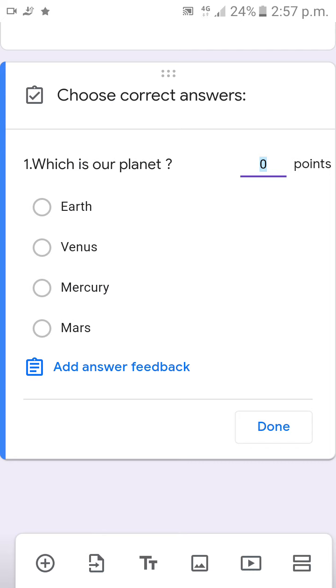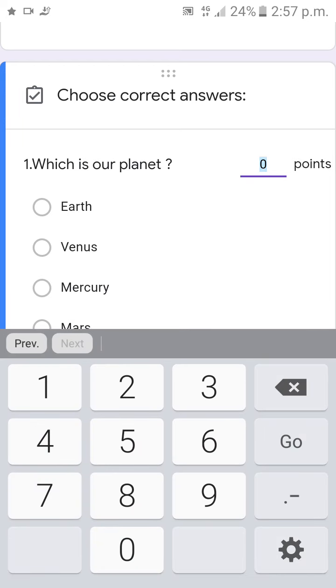So here in the right corner it will ask how many points this question carries. Here you can type whatever it is. This is a 1 mark question, so I am giving 1. If it is short answer type, you can give it as 3, whatever you want. So for this question I am giving 1 mark, 1 point, and you want to select the correct answer. I am choosing the correct answer and give done. In this portion you give the points, that means marks, how many marks this question carries, and select the correct answer and touch done.